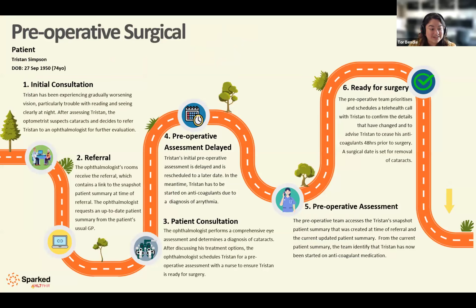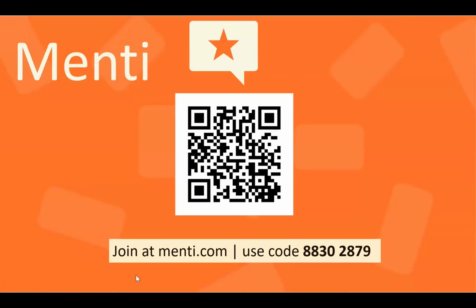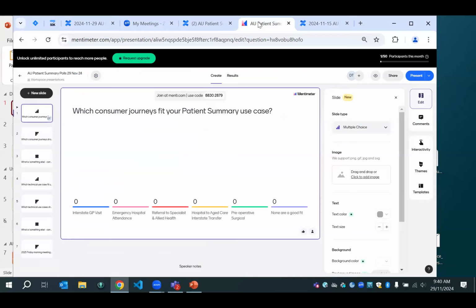So that's the last scenario. If we want to move on to the discussion of the Menti now, Danielle. Yeah, so we have a couple of Menti questions overall before we go into discussion, but we can do discussion first. What I might do is ask everyone to go to menti.com and use that code, hopefully you will see when I hit present,